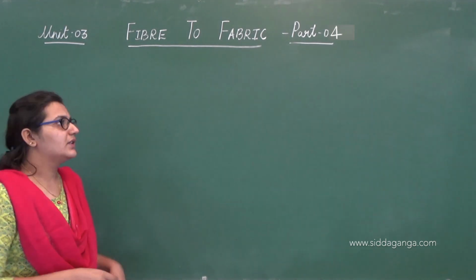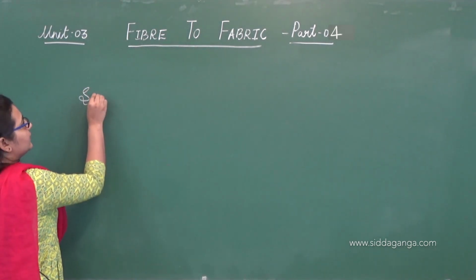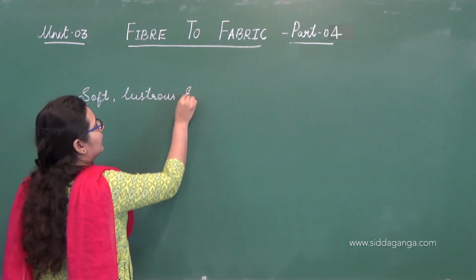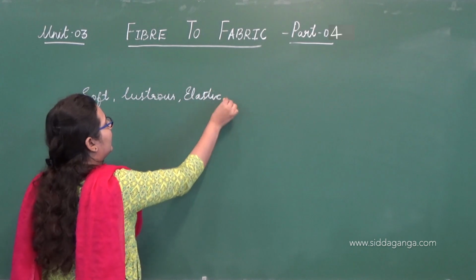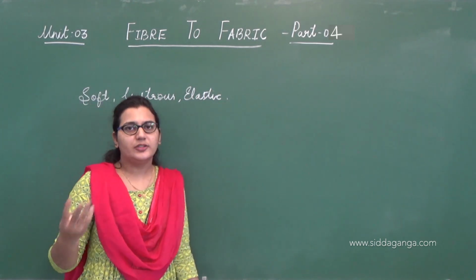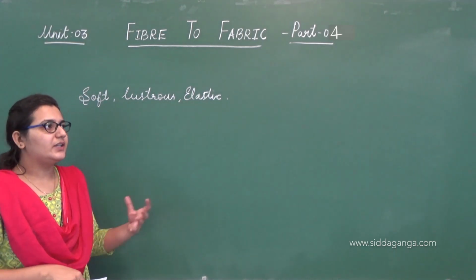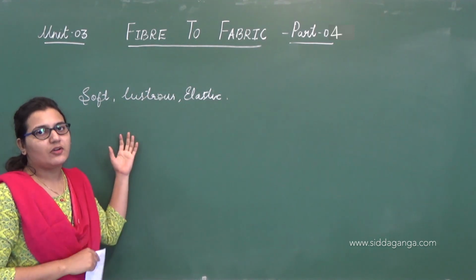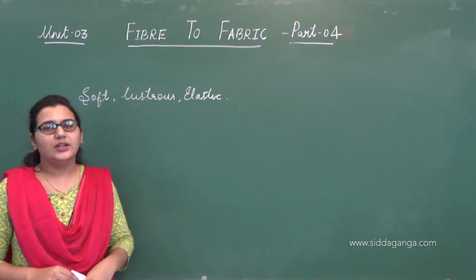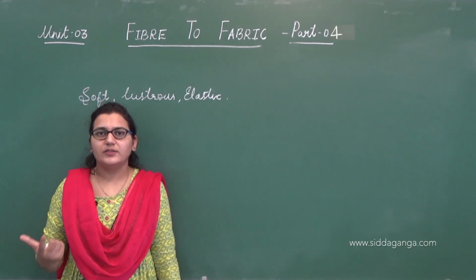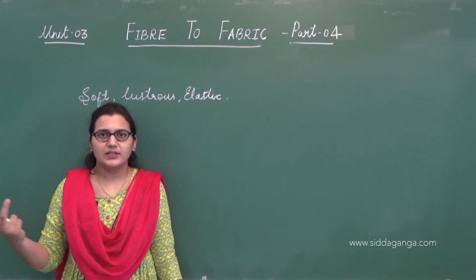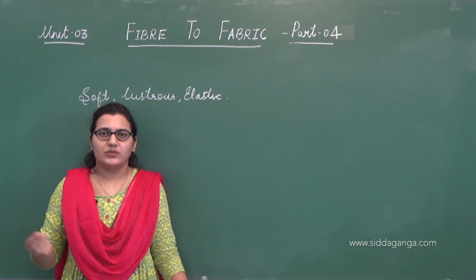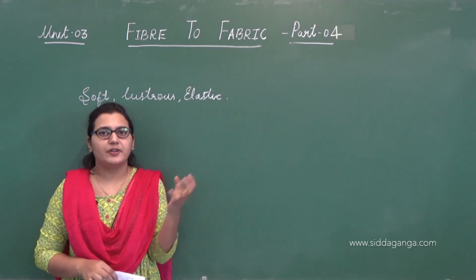The silk we get from the mulberry moth is very soft, lustrous and elastic. After getting the silk fibers we can dye them into different colors. So the silk fibers we get from that silk moth are soft, lustrous and elastic. We don't just have the mulberry silk moth, we also have different types of silk moths, that is tussar silk, muga silk and kosa silk and many more. But the quality and texture of the silk are different from one another.